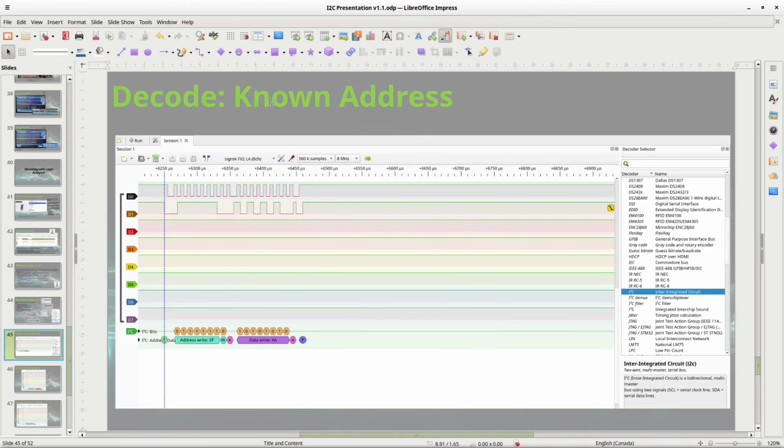Unlike the scope, for an unknown address it picks it up. This is the known address, so this is 3F and AA. There, it's decoding it. It's telling you 3F and AA. This is really helpful if your devices are communicating and you want to see if they're communicating back and forth. Suppose here you were requesting some data, and then following here you'd see the data coming back from the device, and you could see if the device is returning the correct data. So this is what this program is really helpful for.